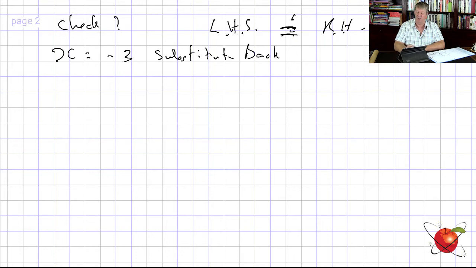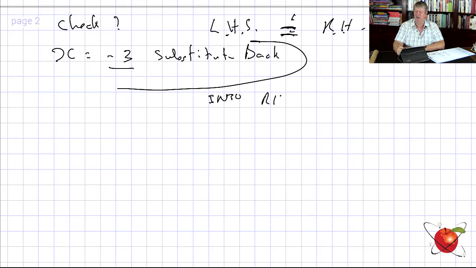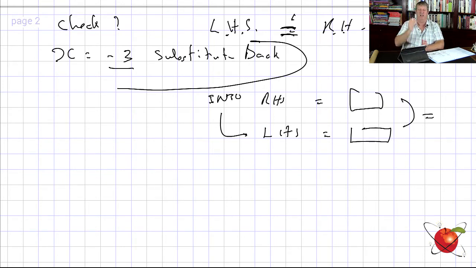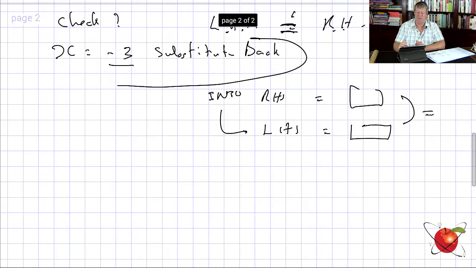So you take -3, put it into the right-hand side and get an answer. And put it into the left-hand side, get an answer. Look if those answers are equal. If they're equal, then you've got the right answer for x. Then what they will ask you to do is to check your answers or verify or whatever, which means